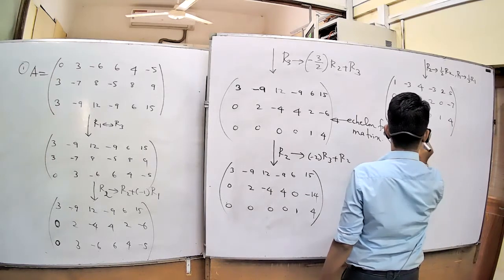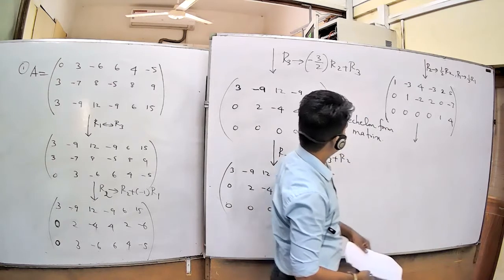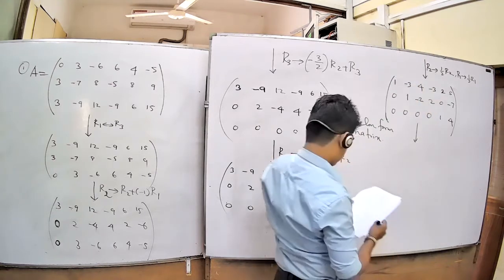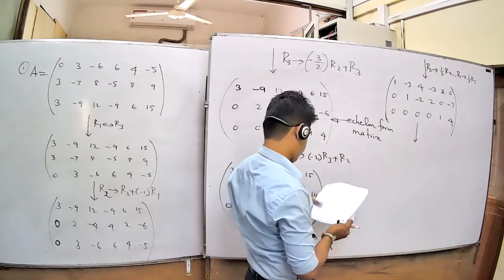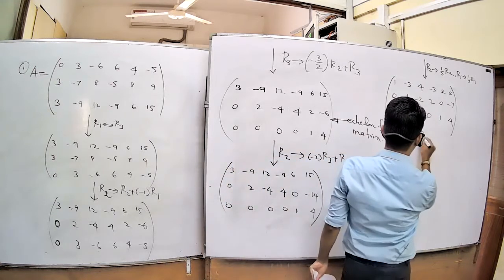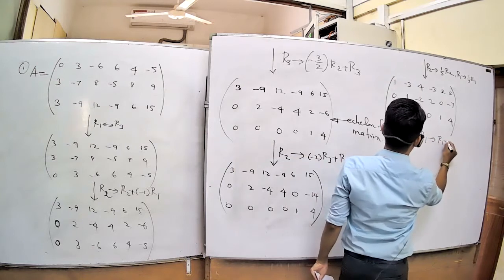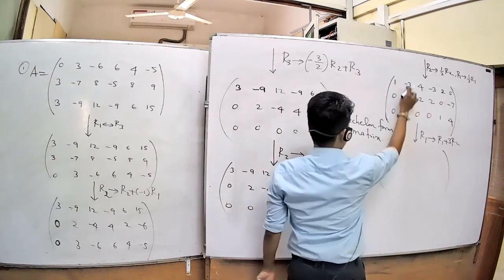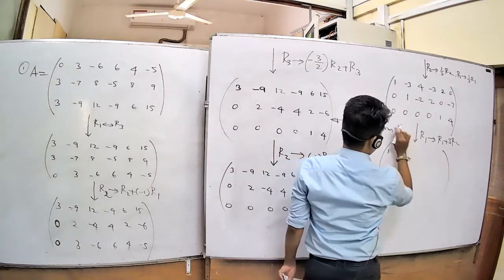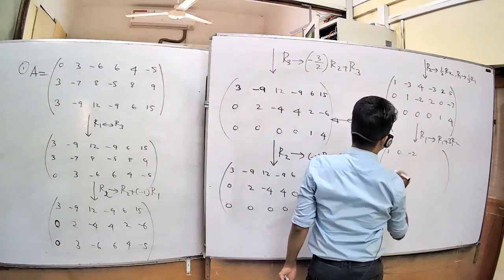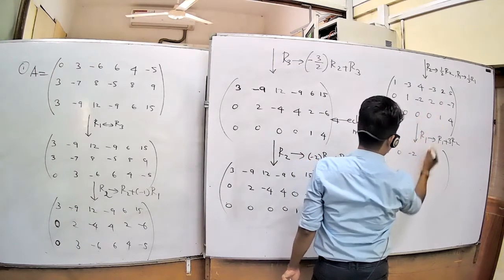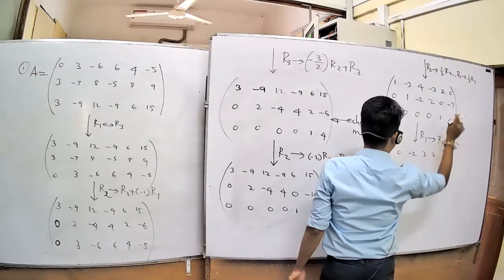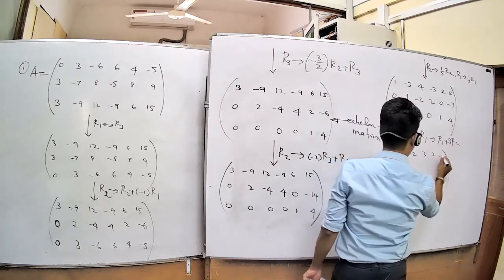Now, it is already echelon form, you want to get 0 values here and 0 values here. For that, R1 replaced by R1 plus 3R2. What happened? 3 minus 3, 0. 1, 0, minus 6, 4, minus 2, 2, 3, 6, minus 3, 3, 0, okay, 2, minus 21, 5, minus 14, no?